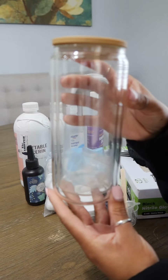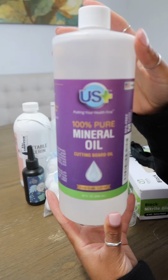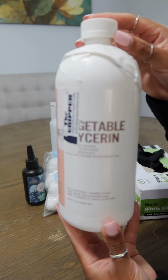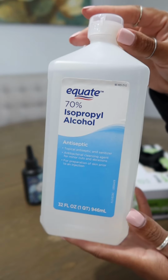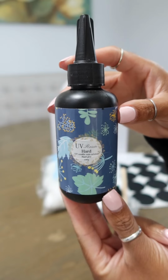Let's make a blood drip snow globe cup. The things you'll need are an empty snow globe cup, mineral oil, vegetable glycerin, isopropyl alcohol, gloves, UV resin, cotton